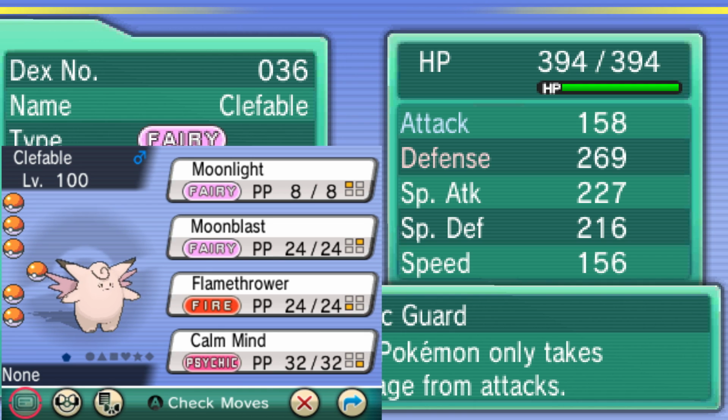Now, if we look at the EV stats, I recommend having similar EV stats to this: 158 of attack, defense 269, special attack 227, special defense 216, and speed 156. Now, I know that individual values are hidden, you may not be able to get it, but try to get something similar to this type of stats,